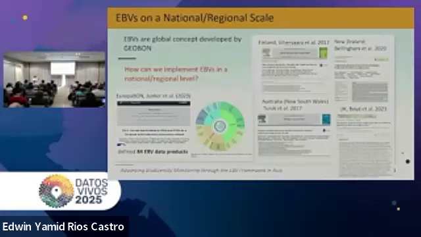They have already developed and defined 84 EBV data products, based on data availability as well as scientific, social, and policy needs.